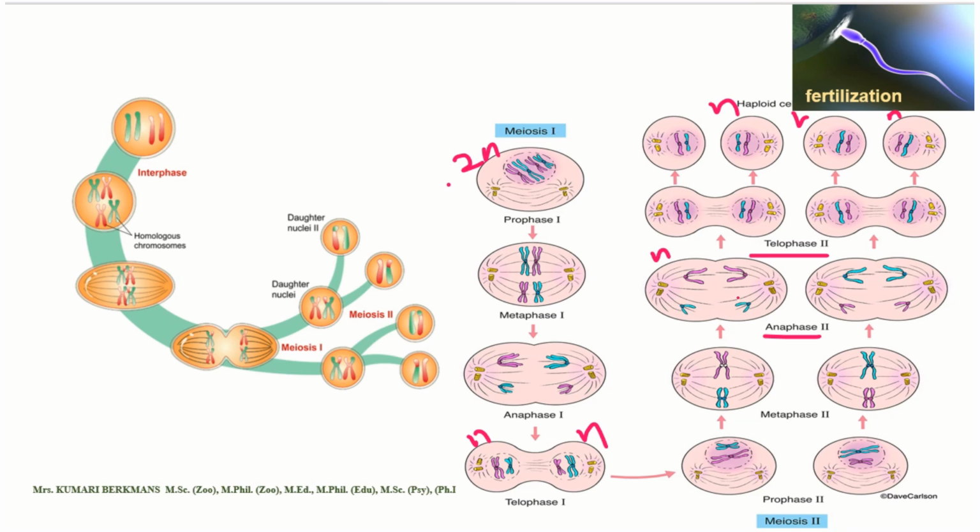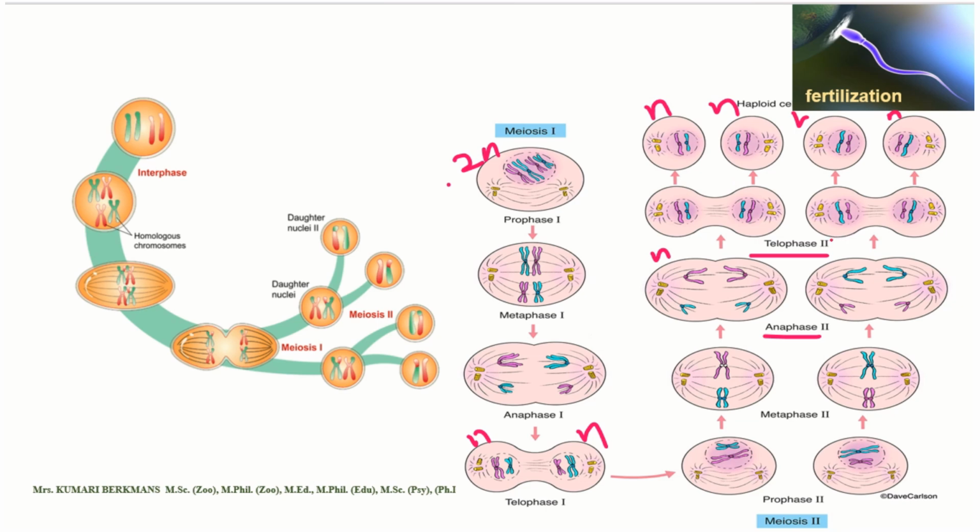Now during anaphase, they are pulled toward the opposite poles, and as a result, how many cells are formed? Each of these 2 divides and forms 2 cells. So totally it is 4 cells, and each cell possesses only the n number of chromosomes. Okay, this is